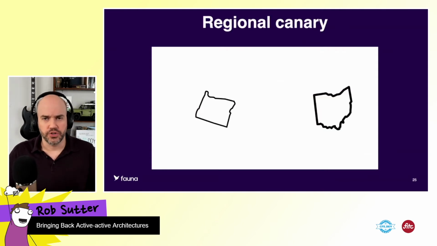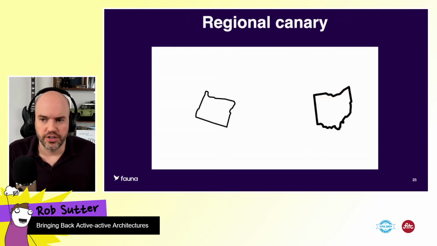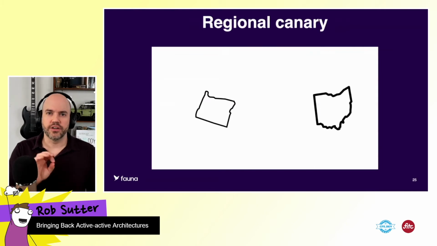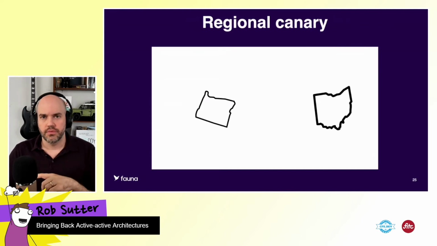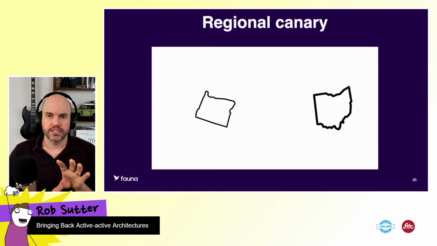CI/CD YOLO is probably the easiest to implement because you just walk through deploying into every region. But let's not do that one, okay? Let's talk about regional canaries, which I will argue is the easiest way to get started because we're all using frameworks again, right? In a regional canary, you pick one region out of your architecture and you do a canary